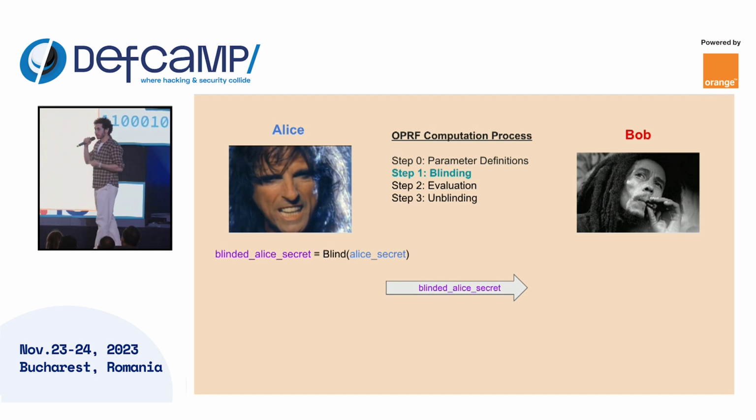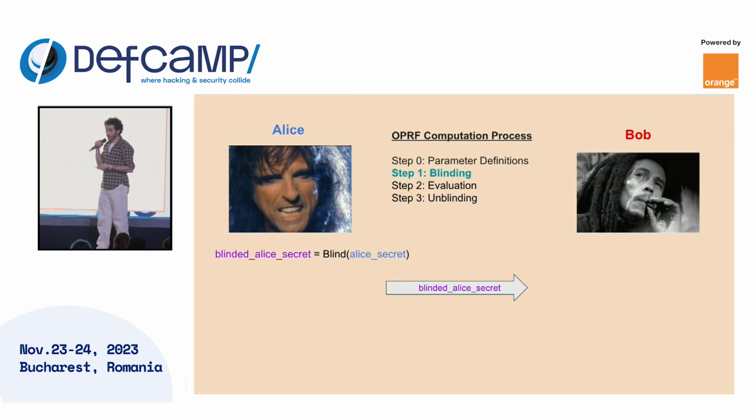Now, blinding is a concept in cryptography. You can hear about it in a lot of places. For example, blind signatures is a thing. For now, because I want to keep this talk